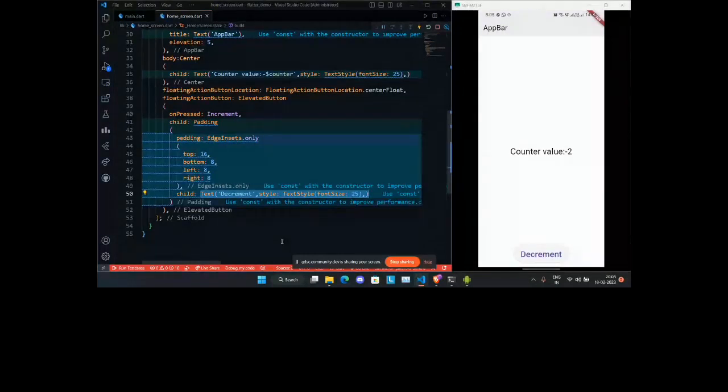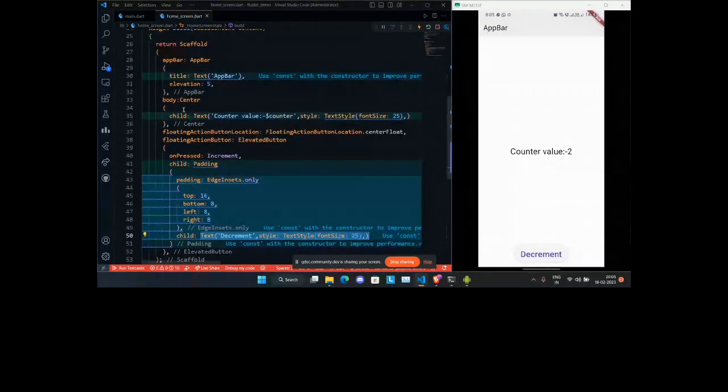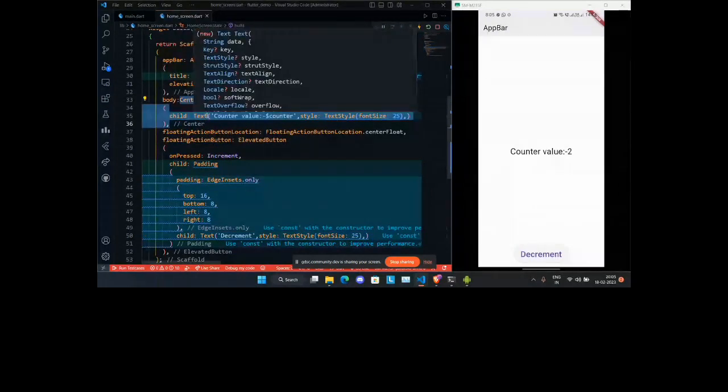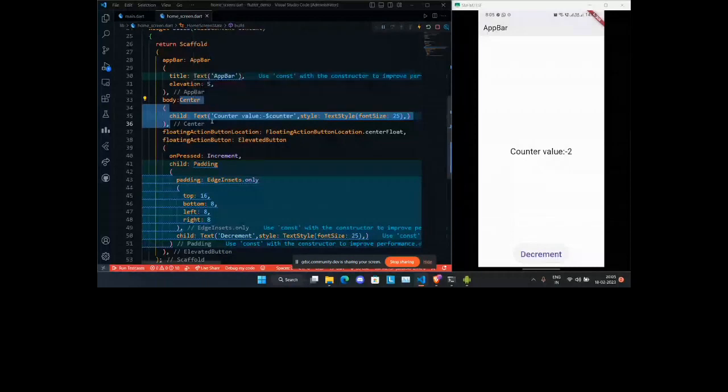You do the same thing in here also, you wrap it with the center widget. In HTML you used to wrap it with a tag, and that is it.